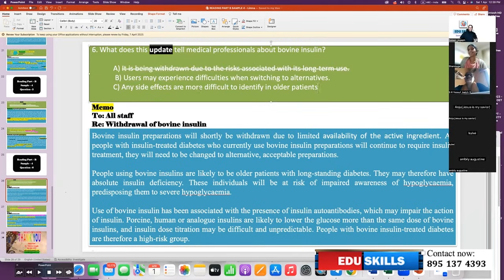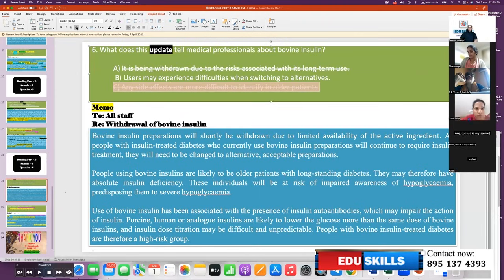Then, any side effects are more difficult to identify in older patients. When they are speaking about older patients, they are not speaking about side effects. They are speaking about long-term, long-standing diabetes. If you want to eliminate, that way it can be eliminated. Even otherwise,